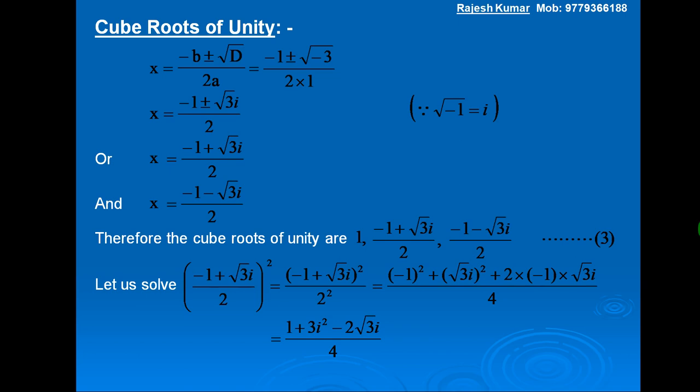Now as iota square is minus 1, this is equal to 1 plus 3 into minus 1 minus 2 into under root 3 iota upon 4, and this is equal to 1 minus 3 minus 2 into under root 3 iota upon 4,